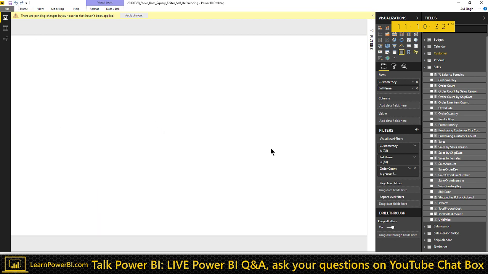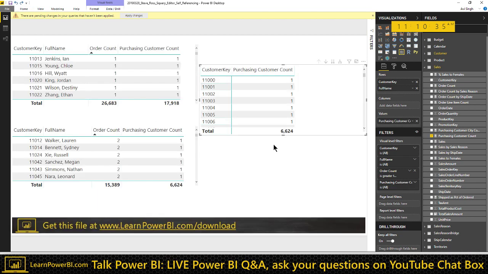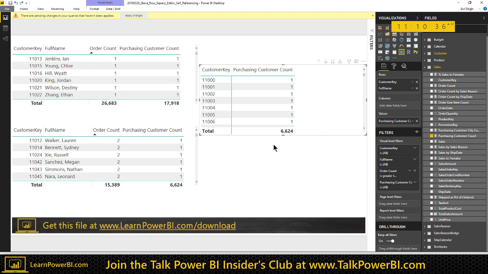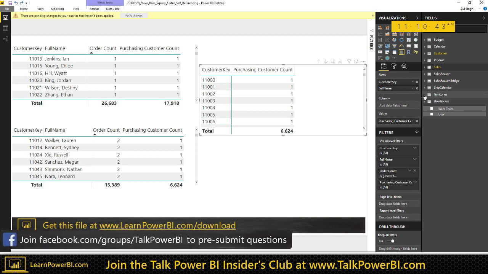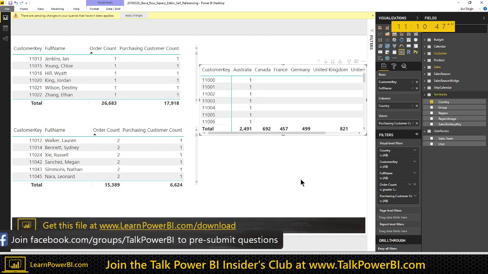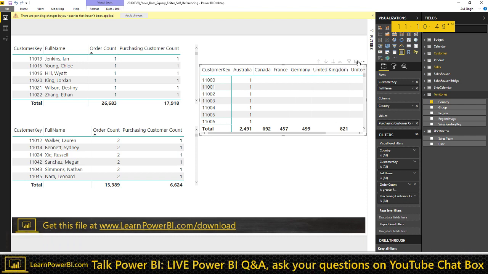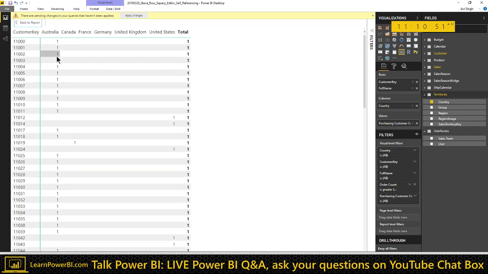I don't know what to put on columns though. Purchasing customer count. Yeah, I'm not sure. I mean, I can put anything, but I know what you mean. I don't know what would be similar to your scenario. Well, let's just put something there and see if that works. So now we got columns. So we got the customer key. Let's just leave that. So we have something there and something on the columns.